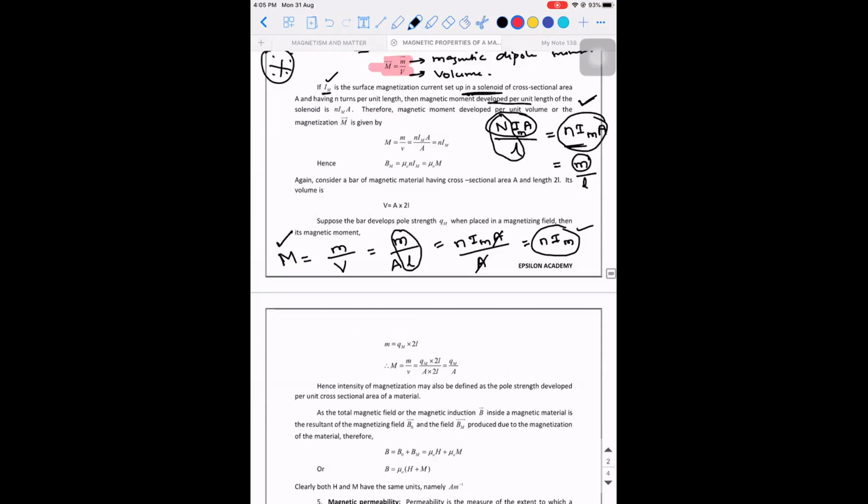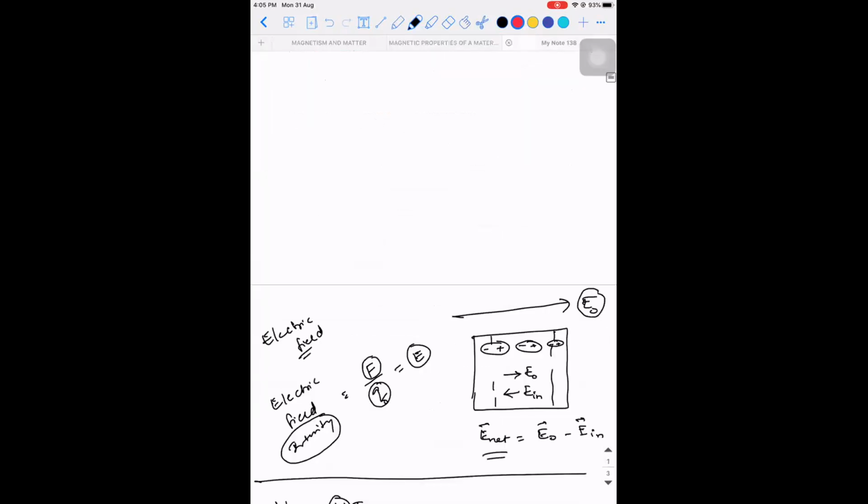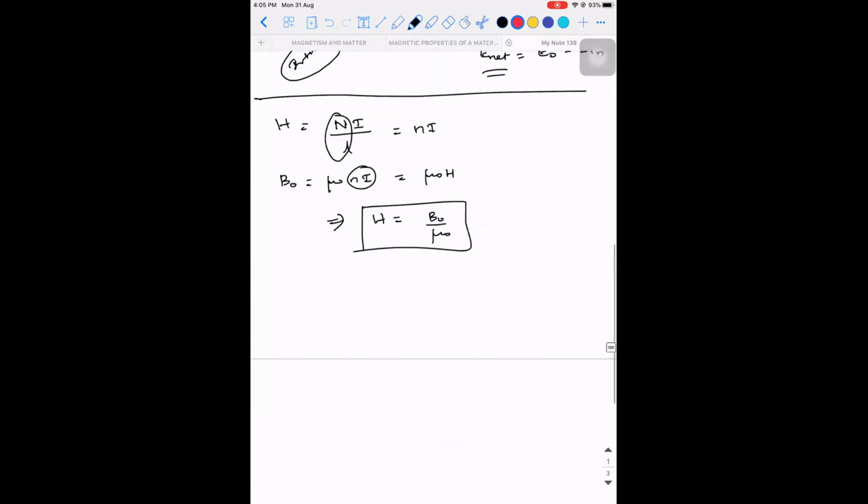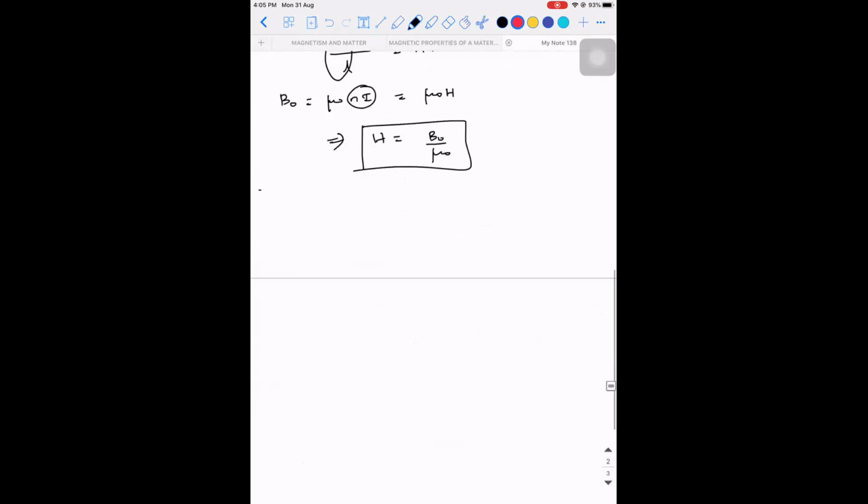Is there any doubt? Because I'm going to write a very important expression here. There are 1 mark problems asked based on this also. You should not forget, nor should you be confused about how it has come. Now we are going to the second definition. So what does the second definition say, guys? So second definition is magnetic induction. So what did I say magnetic induction is? It is the total